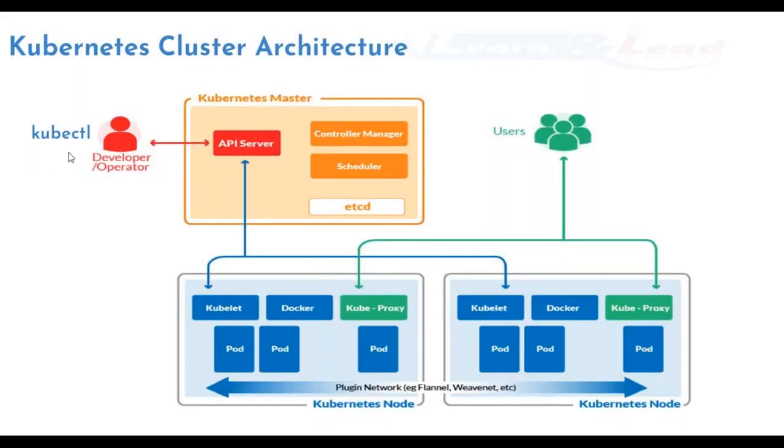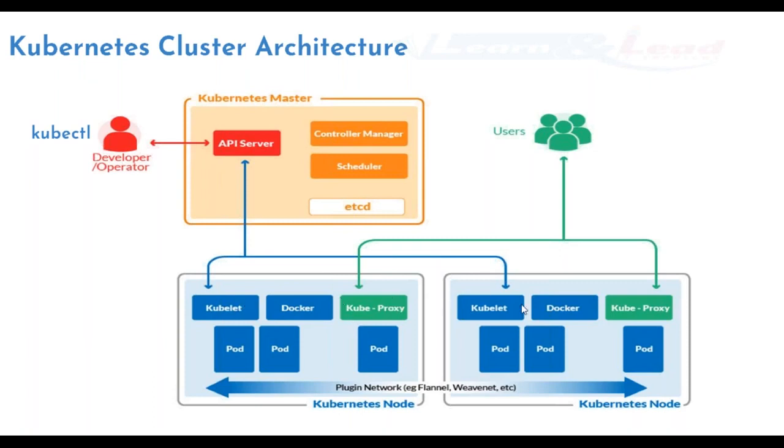So we always talk to the Kubernetes master, which means that we have various components in the master itself. We always talk to the API server using a client which is called kubectl in the real world. So kubectl is a client that talks to the server which is called the API server. Whenever we talk about the Kubernetes master, the master is about your API server only. It has various components in it for different purposes, but this is how we talk to it. Now the master talks to the nodes for deploying the containers. And on the Kubernetes nodes also, we have various components and various purposes.